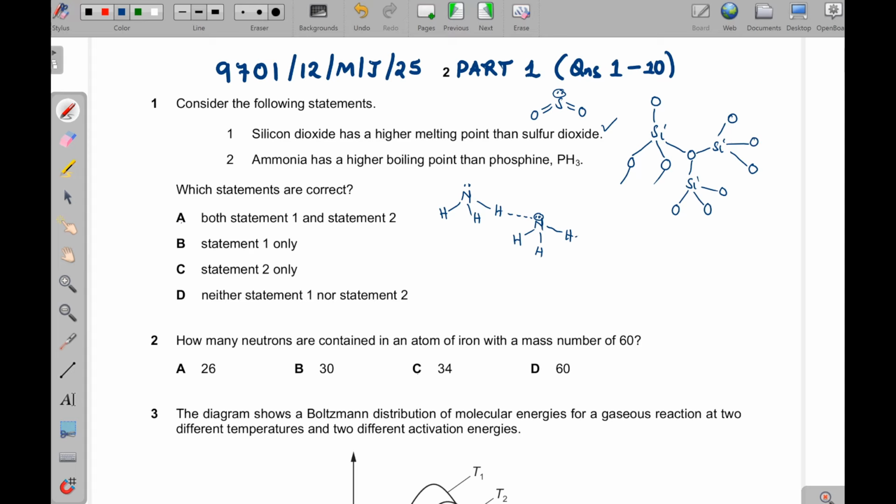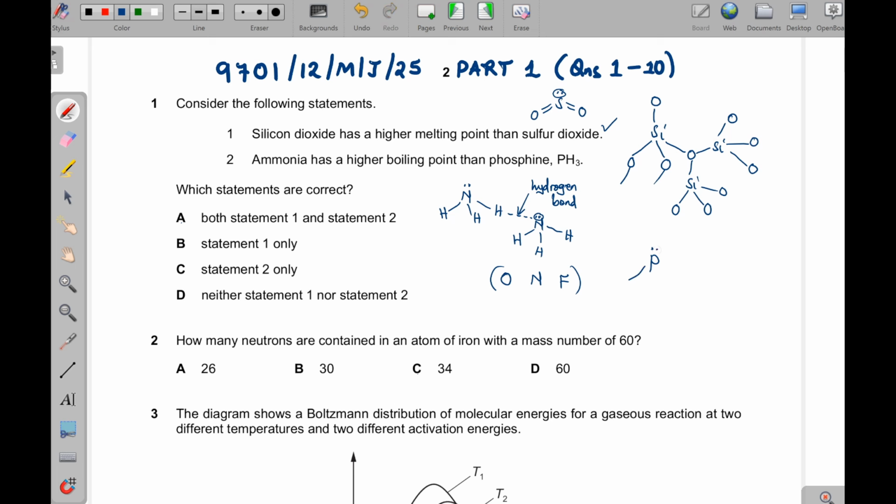We have 3 elements that form hydrogen bonding. We have oxygen, nitrogen, and fluorine. Okay, so long as they have the hydrogens attached to them, then they can form the hydrogen bonds. And hydrogen bonding is very, very strong. Okay, hydrogen bond is very strong. And remember, when we are boiling, we have to break all of these forces. Okay, then phosphine doesn't have